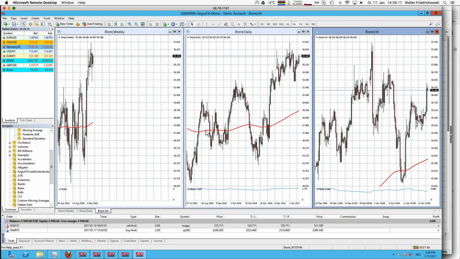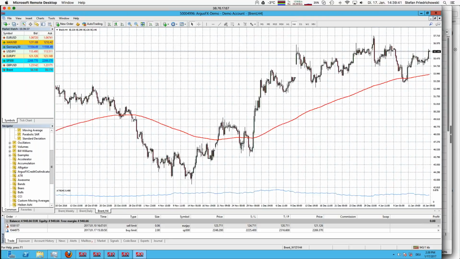Same behavior then in the D1 chart. Okay, this is at least already something like an upwards trend to the north, but it's really tricky. And looking at H4, it becomes tricky as well. But now let's zoom and have a view on the complete picture here. And now it's maybe even interesting once again. We can see something like a range here. Yes, we can.